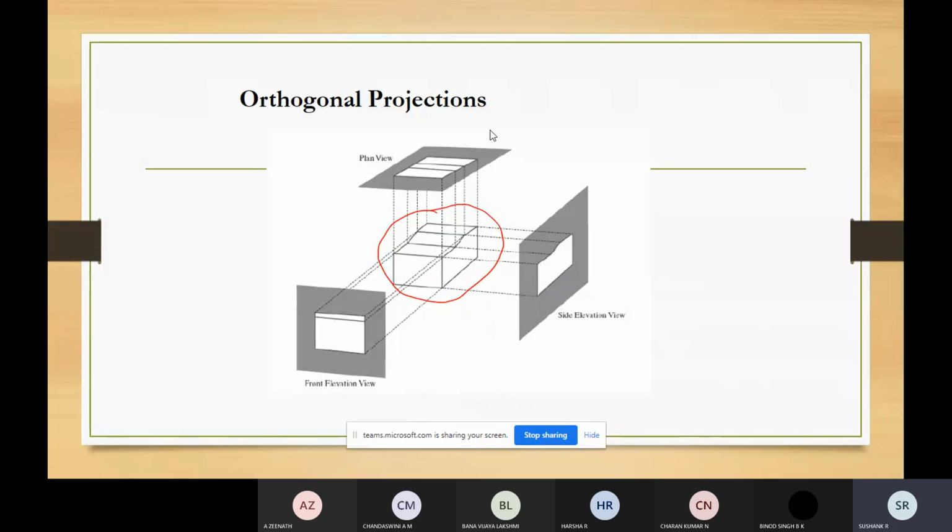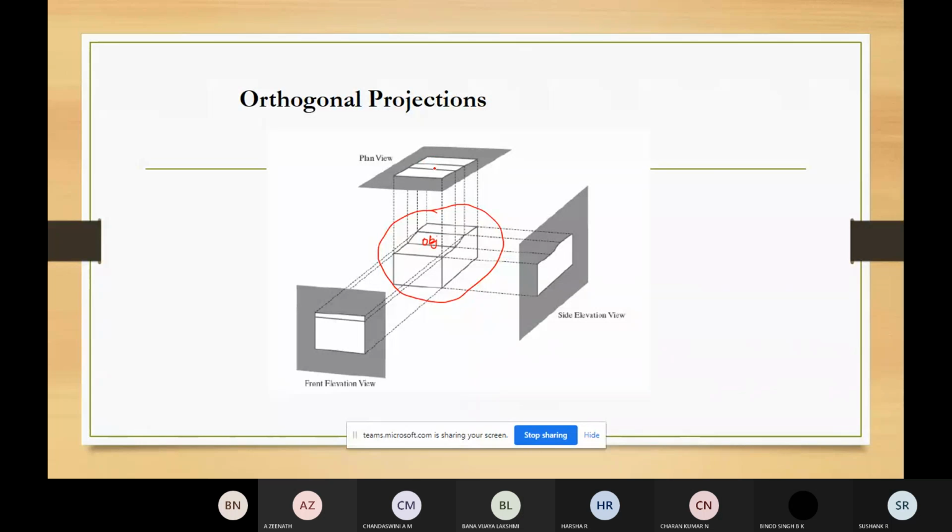So last class we had seen about the transformations, parallel transformations. We had seen about the parallel projection and perspective projections. So now we are going to talk about orthogonal projection. So what does this orthogonal projection mean? Here the transformation of the object. So this is the object we are interested in. Here the transformation of the object on the view plane will be done by the lines that are parallel to the view plane normal vector.